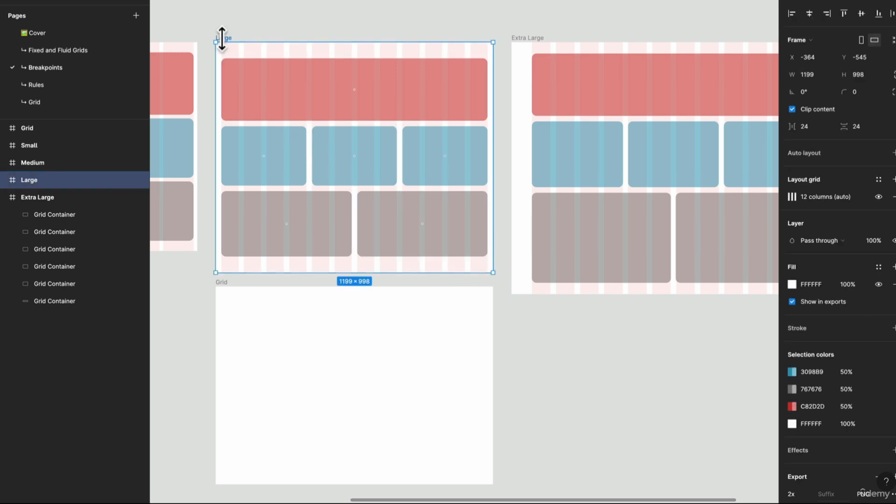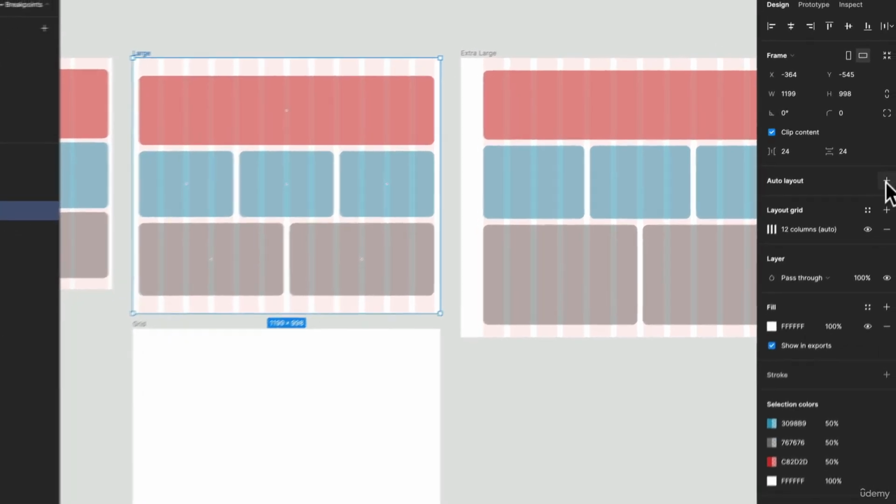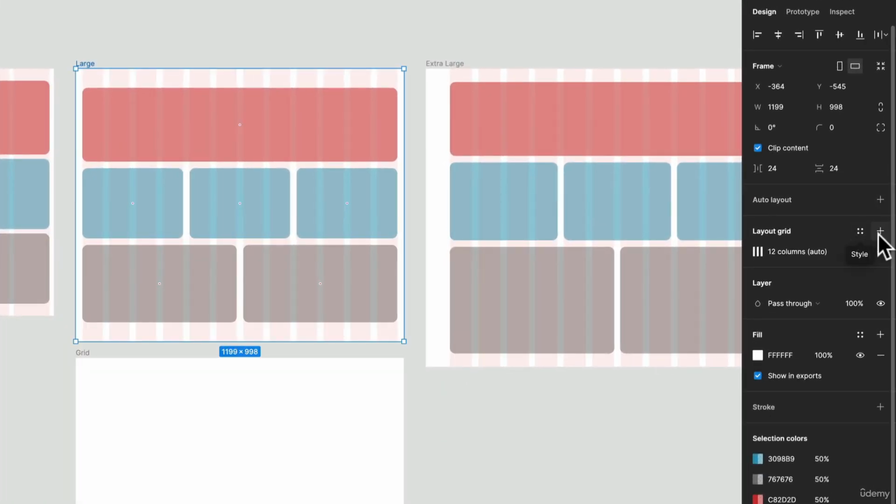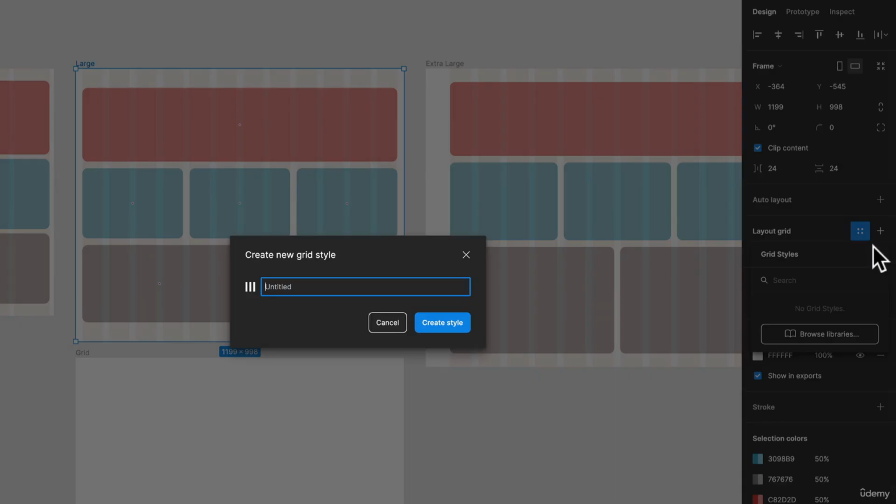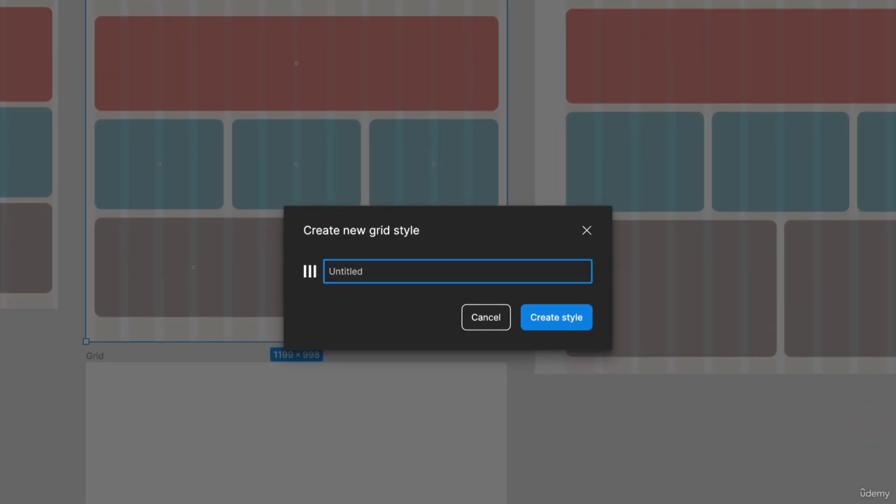Let's jump right in. This keeps everything in one nice, neat place. So when you need to apply it to a frame, you just select that style easily. So the way to create a grid style is you jump right into here and you press this little style icon. Once you've pressed that, it's going to pop up this dialog box and you can just name it whatever you want. You can say desktop, and this is the naming convention for foldering. So you use that slash and you can say